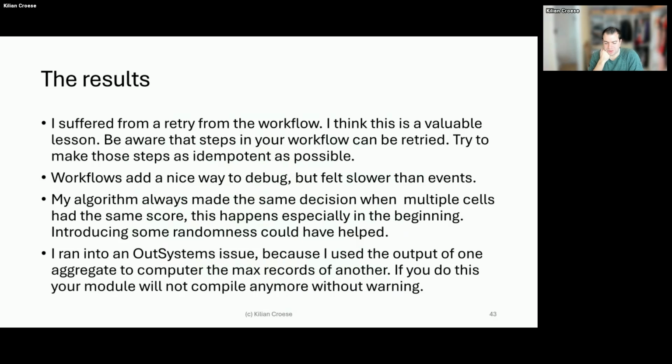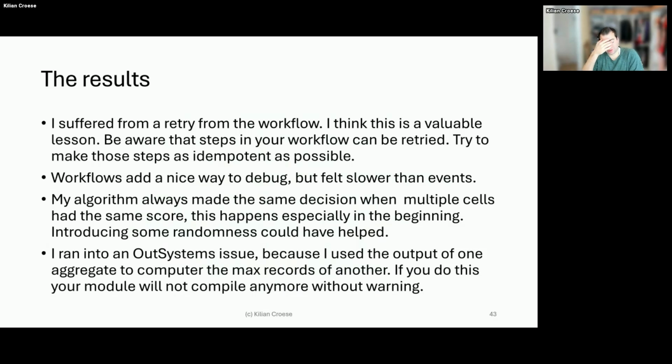And maybe also a nice one, I don't think I've talked about this, but I ran into an issue with OutSystems where for my debugging UI, I used the outputs of one aggregate to calculate the max amount of records for another aggregate. So basically I was fetching the information for the cemetery, then knew that the cemetery was 8 by 8 cells, and then computed that in my case, with the off-board extra cells, I was going to fetch 100 cells,